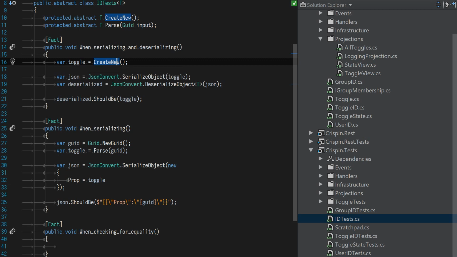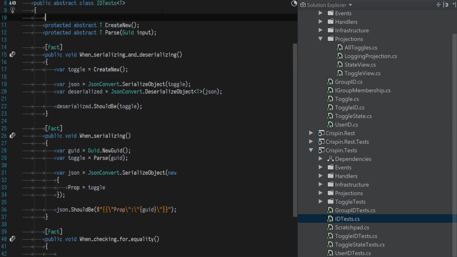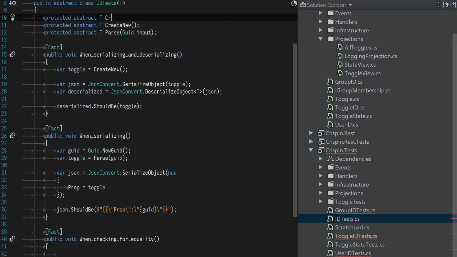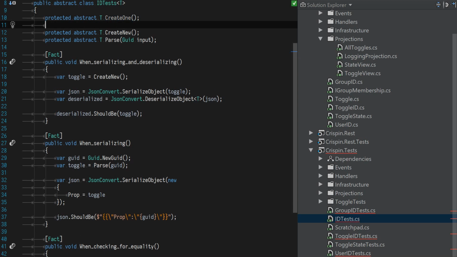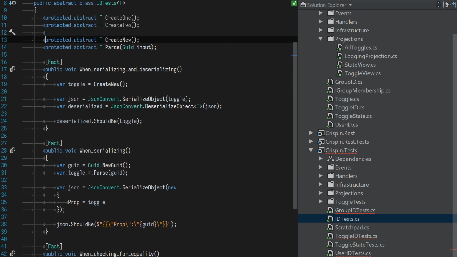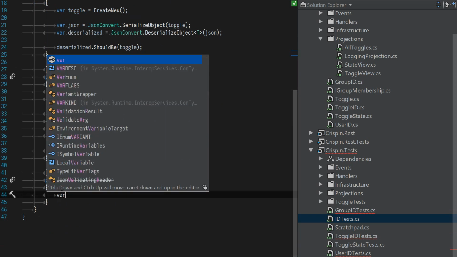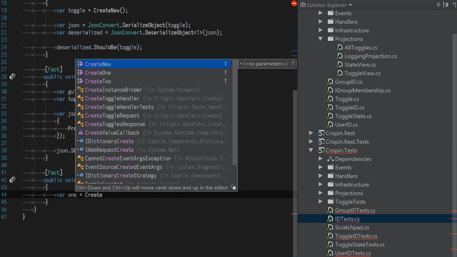I think we will have two more methods: protected abstract T Create1, protected abstract T Create2. Now what these are going to do is force a particular object to be created so that we can do equality tests. So roughly we'll do 1 equals Create1,